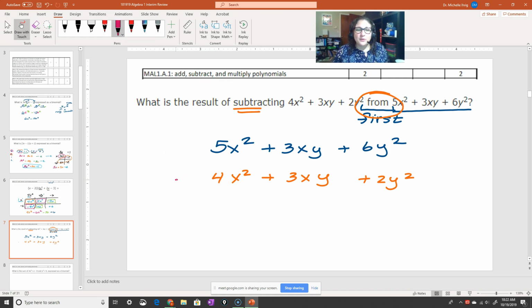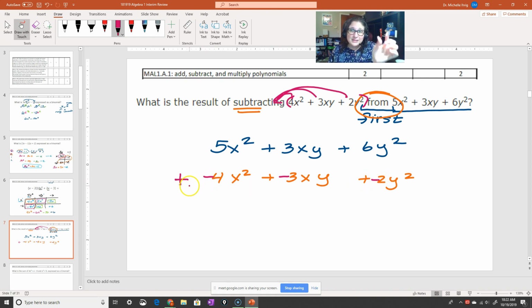So what's going to happen is, for me to do a subtraction, I can't subtract something very long. I have to distribute that negative across. So in order for me to do that, I'm going to change all of my signs on the bottom. And basically the reason is I'm really subtracting this whole thing, so I'm distributing the negative to each one of these ideas. What I tell my students to do is write the subtraction like this and then change every sign. The subtraction becomes positive, this positive becomes negative, this positive becomes negative, and this positive becomes negative.